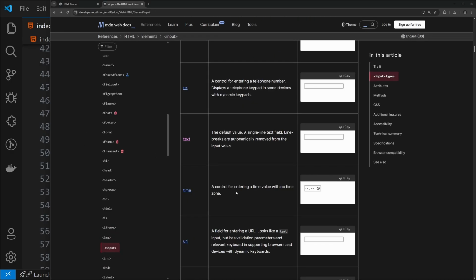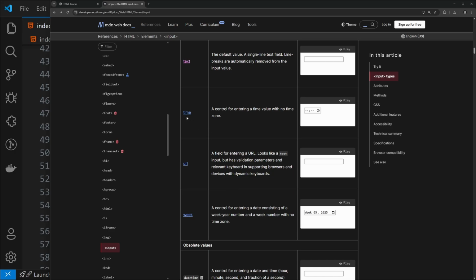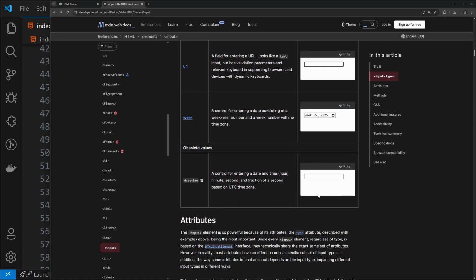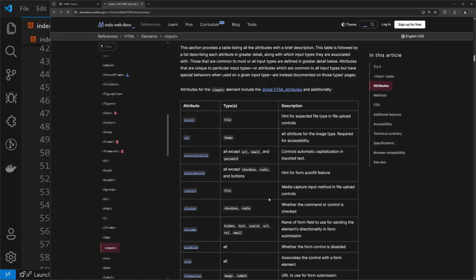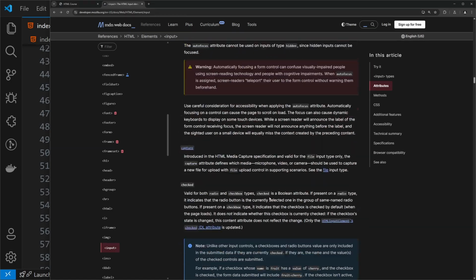Let's get back. Then we have the URL, which just looks for a www dot something domain.com or something like that. Again, it is not checking for a valid URL, it is checking for a valid URL pattern if that is followed. And we have this datetime as well, which is obsolete, so we shouldn't be using this. Okay, and here if you go all the way down,